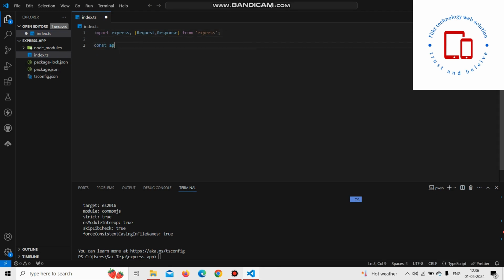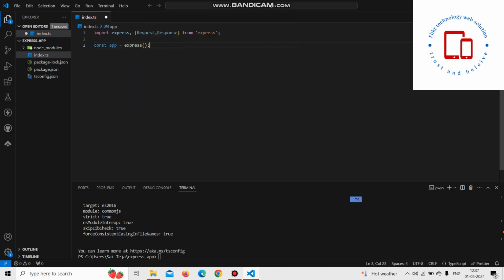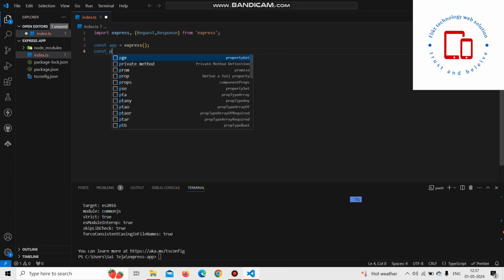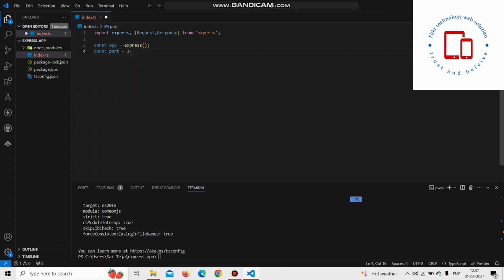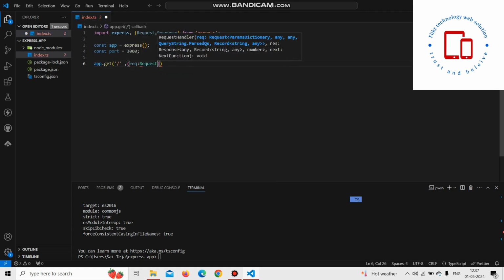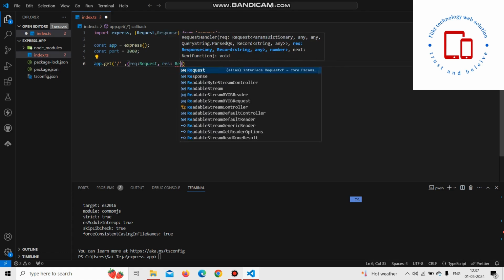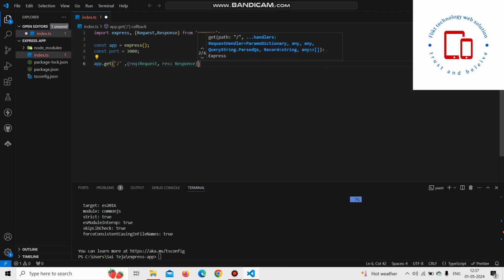Next, const app equal to express, and then we want to create a const port equal to 3000, and then app.get slash, comma, arrow function,